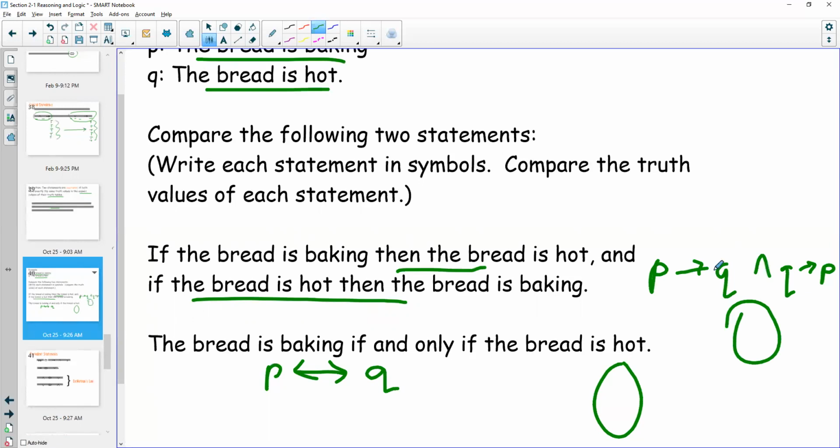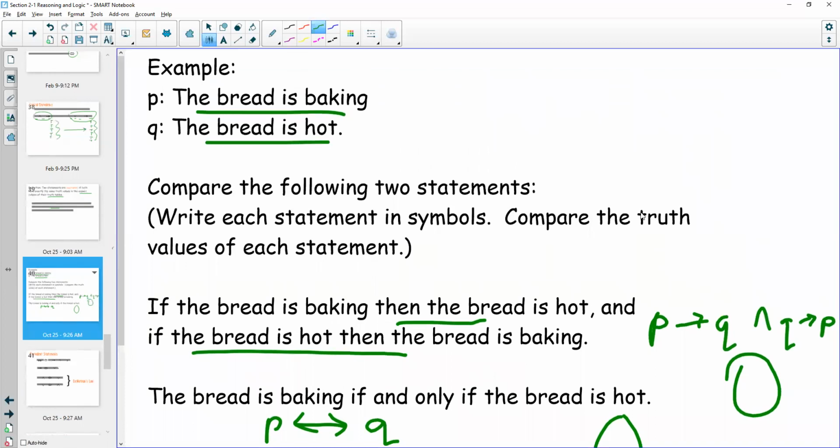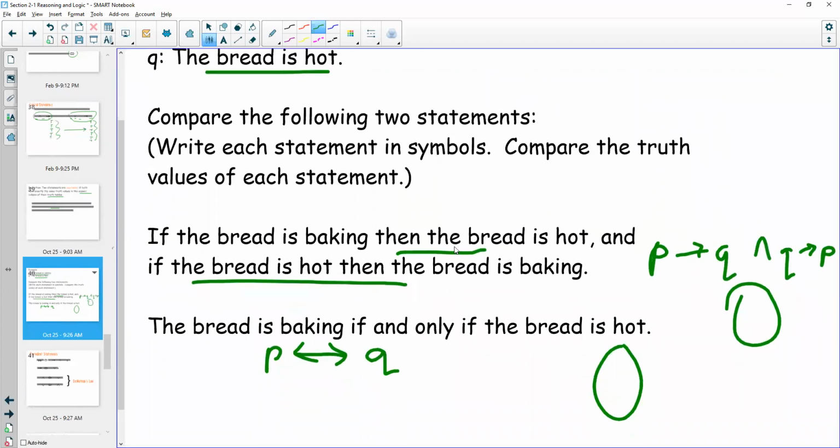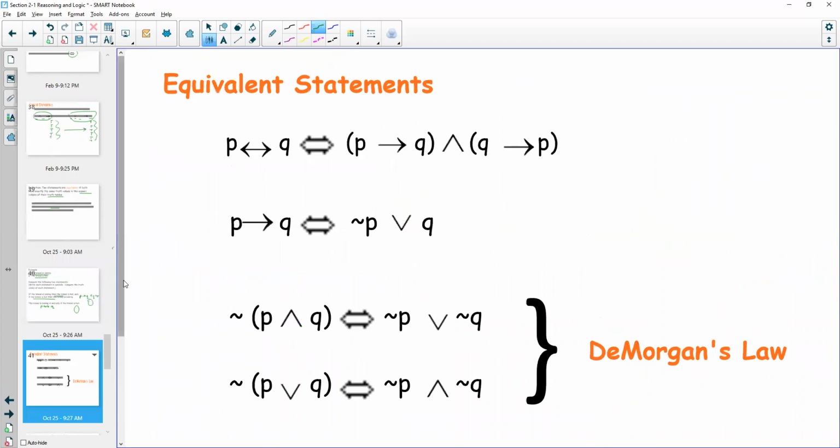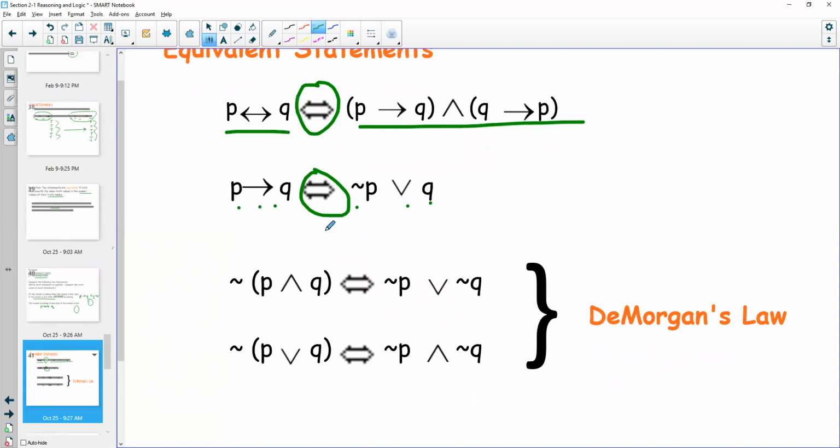Okay? What you should get is the ability to compare them. You're going to compare the truth values. All right. When this happens, this is what we just did here. These are logically equivalent. Another thing that's logically equivalent is P if then Q to not P or Q. Okay? When we see that, either of them, it means this side, the left, is interchangeable with the right. We can swap them for each other. They're equivalent. It's like 5 is the same thing as 2 plus 3.